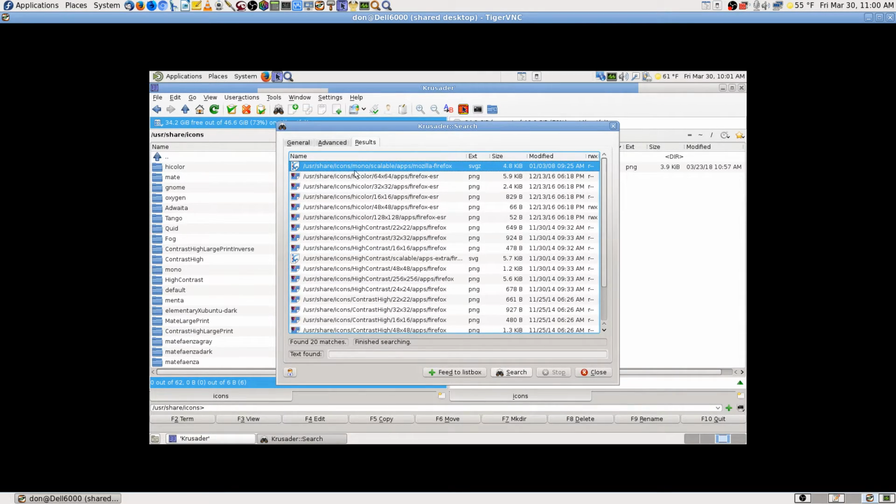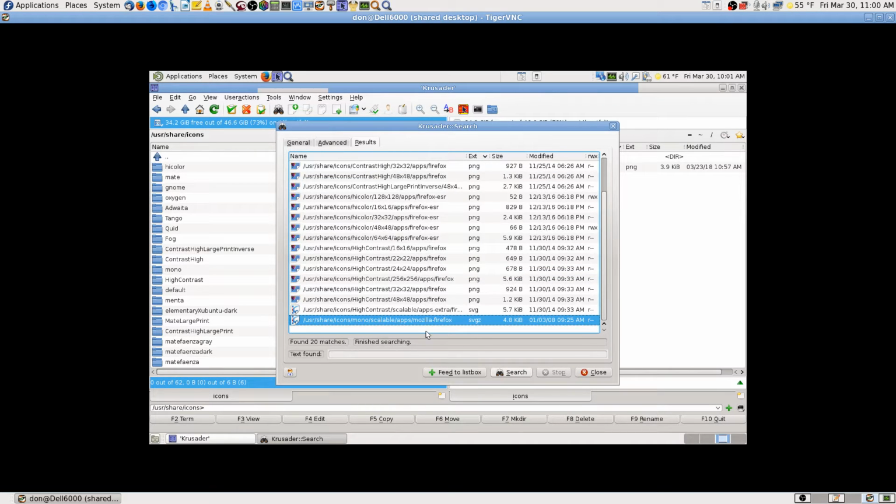Where is that? User share icons, mono, scalable. Yeah, I want the scalables, and they fit pretty much everything. Let's see. Okay, mono and high contrast. I think I'd probably want the high contrast. SVG, I don't know what SVG-Z is, but